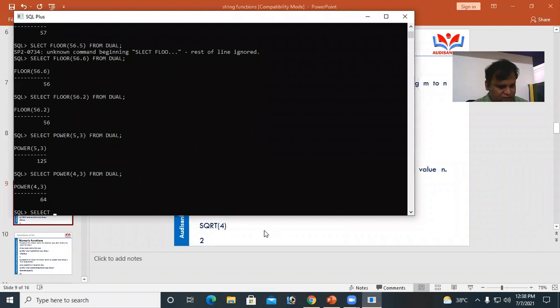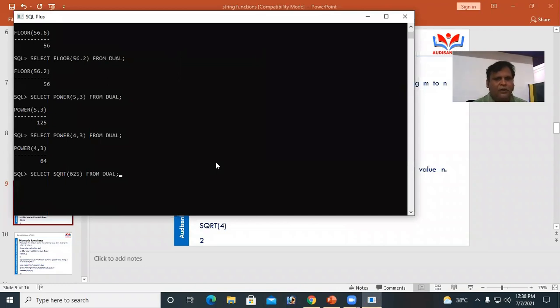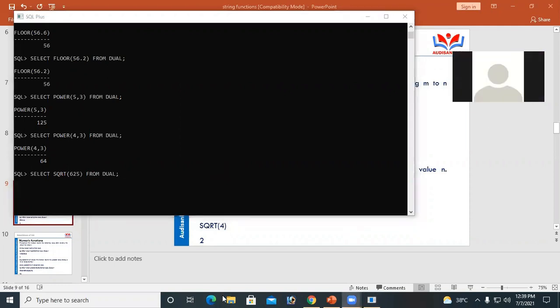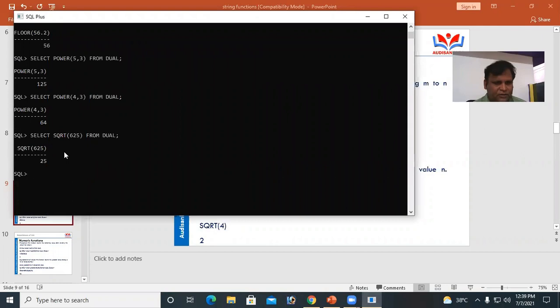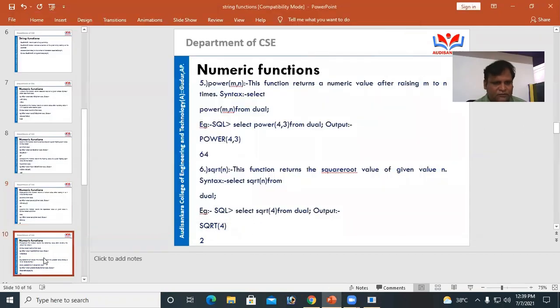Select SQRT of 625 from GL. 25. 25 is the square root. That is also a numeric function.